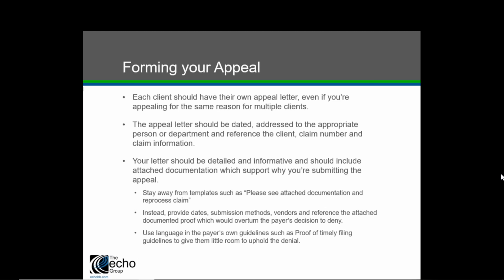I think it doesn't happen very often, but it's happened once or twice where we've had to drop everything to paper and send it that way, and tracked to the provider rep. But I would say more often than not, they'd rather it comes in some sort of electronic format to them. But if you have 1,000 claims with different reasons,